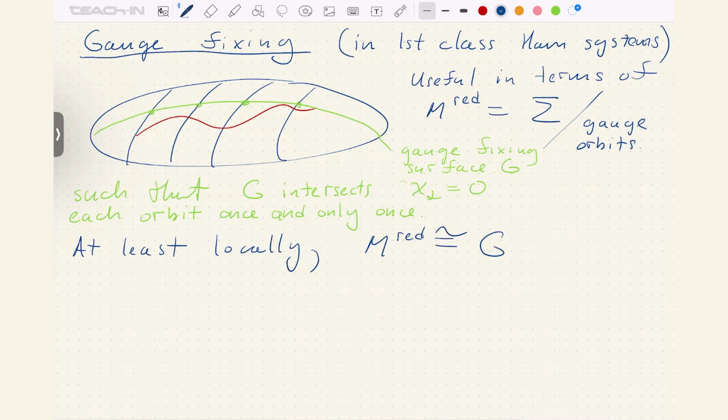equivalent to G, is diffeomorphic to G as a manifold, but only locally. Globally, it can be not the case, and this is the cause of many difficulties like Gribov ambiguities, etc. Of course, these are not exactly Gribov ambiguities, but in Hamiltonian formalism. Okay,